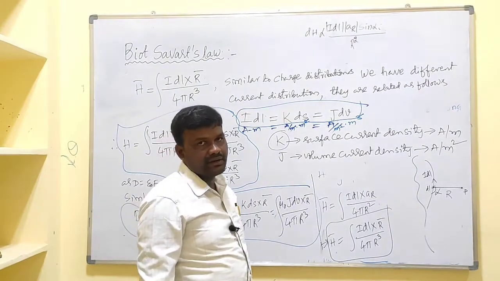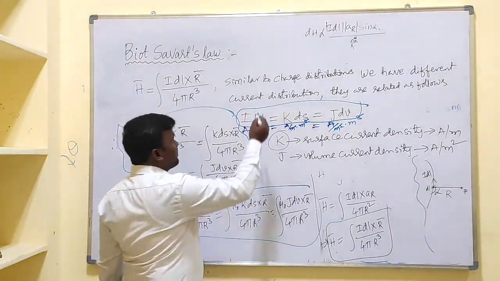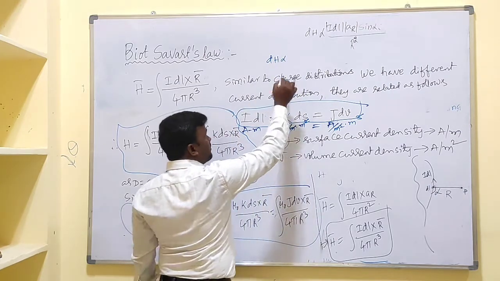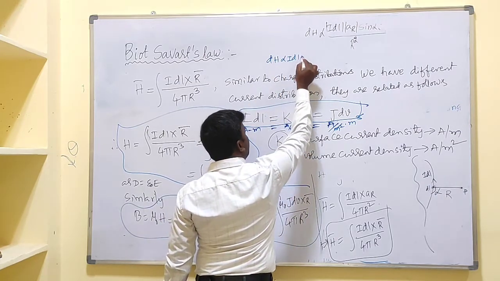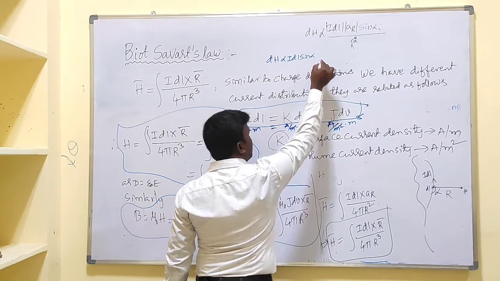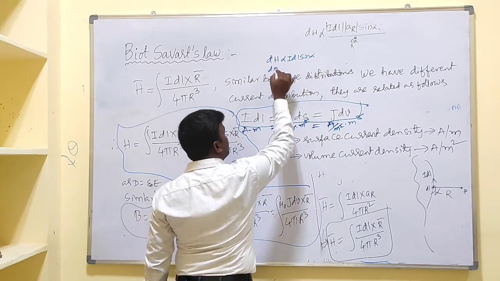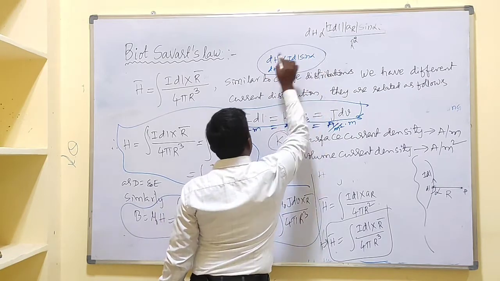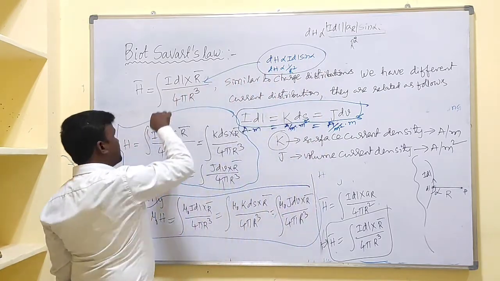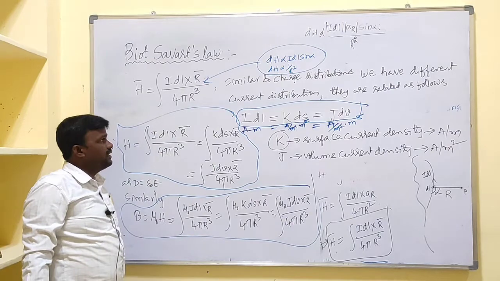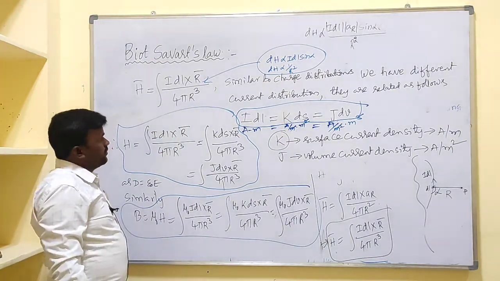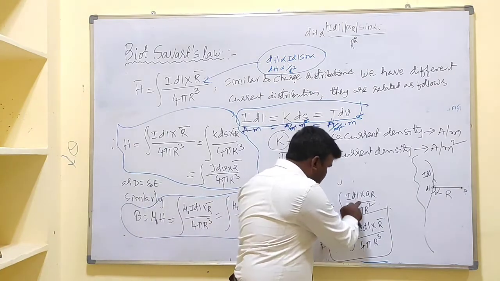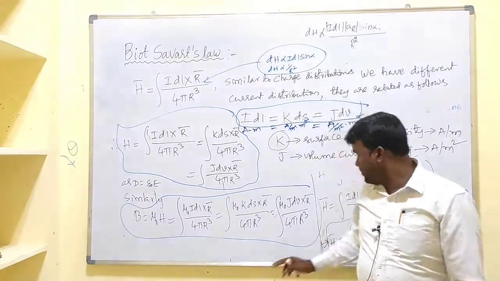What is the statement of Biot-Savart's law? Differential magnetic field intensity produced by a differential current element is directly proportional to the product of the current element and the sine of the angle between the line and current element, and it is also inversely proportional to the square of the distance between them. If you simplify this, finally we get the expression for H like this, that is integral I dl cross R bar by 4 pi r cube. Or else we can write H like this also, that is I dl cross aR by 4 pi r square, where